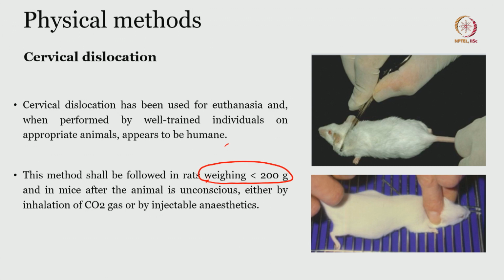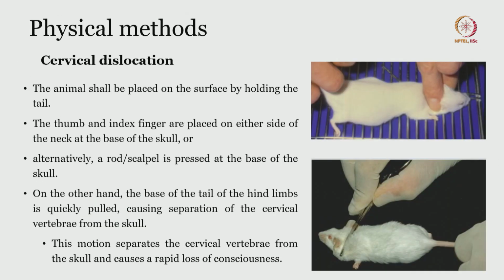And in mice, after the animal is unconscious, either by inhalation of carbon dioxide gas or by injectable anesthetics, before employing these physical methods, generally you might use these ancillary techniques to employ the physical method. The animal should be placed on the surface by holding